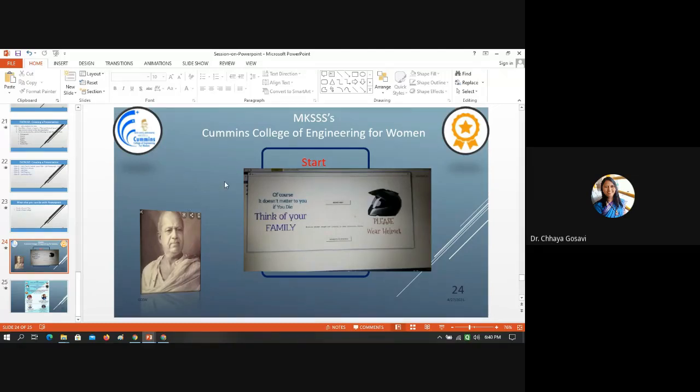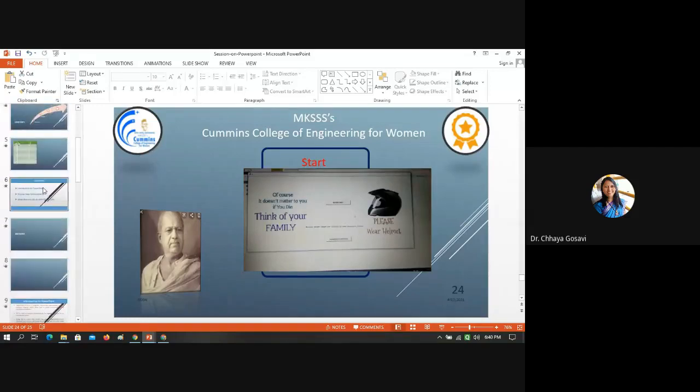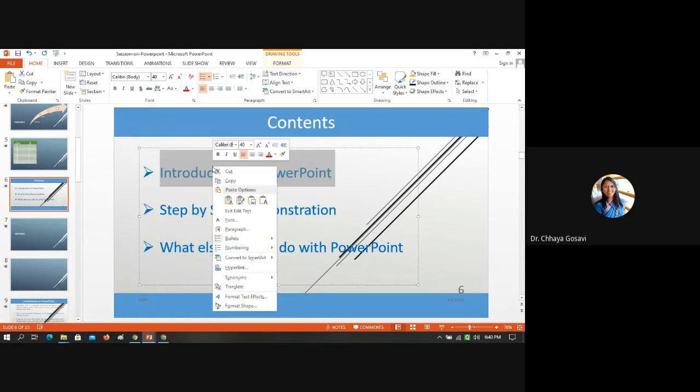From this slide you can move to your Word document, or you can move to your profile if you want. Just click on that link, and links to the next slides can also be added. For example, from here, from content, I want it to go to this slide, introduction to PowerPoint. So that can be added by just selecting it, insert hyperlink.